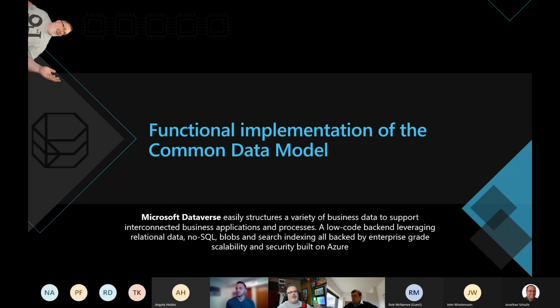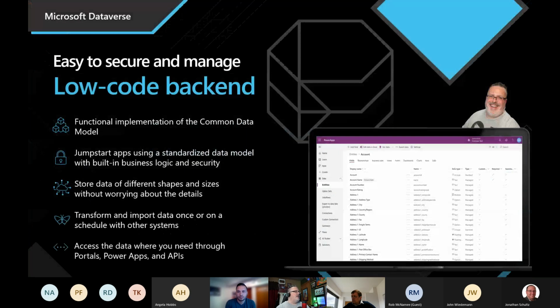It's very customizable, and we'll go into some of that as we get into it. But the idea is that framework gets put out there and becomes immediately accessible and usable by people, right? The advantage here, though, is this is very easy for people to secure and manage inside Dataverse for Teams and inside of Dataverse.